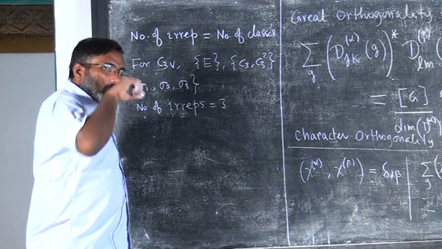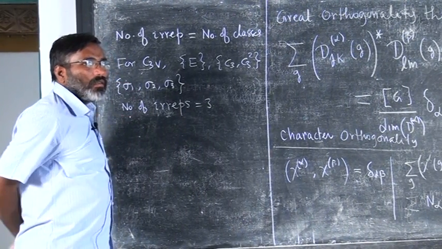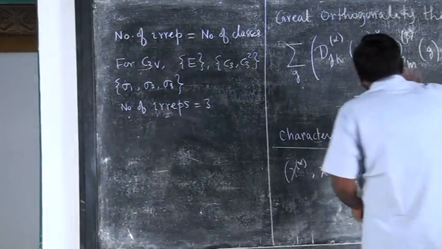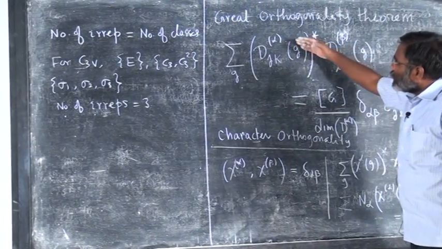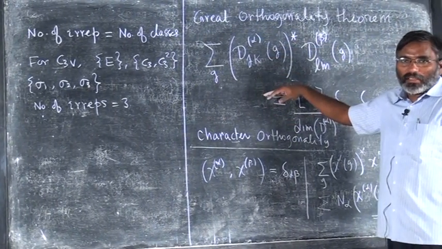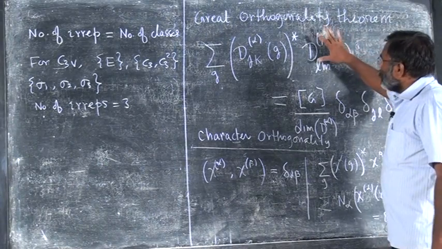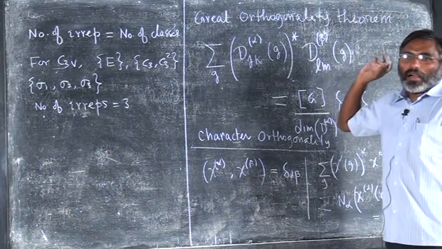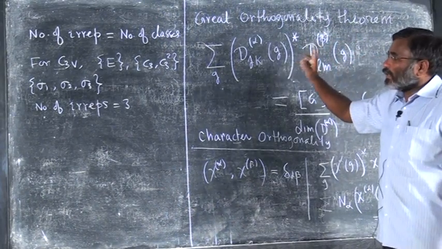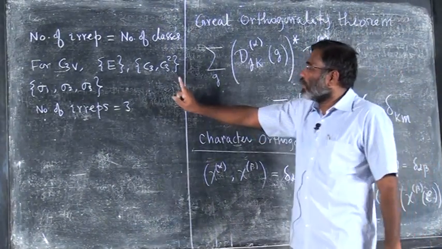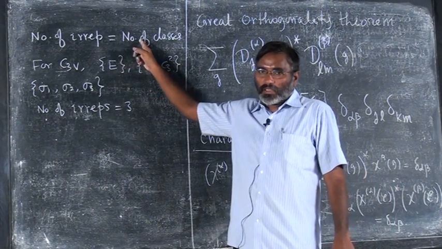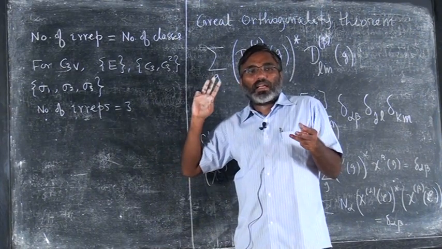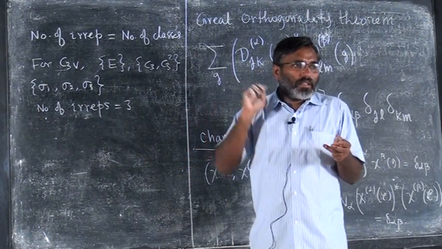Now, that we will get from the orthogonality relation, which tells you that you have a set of orthogonal vectors, like I wrote V1, V2, V3, V4. All those 4 vectors will correspond to one irreducible representation, but here I know that there are 3 irreducible representations. That means there are totally 3 irreducible